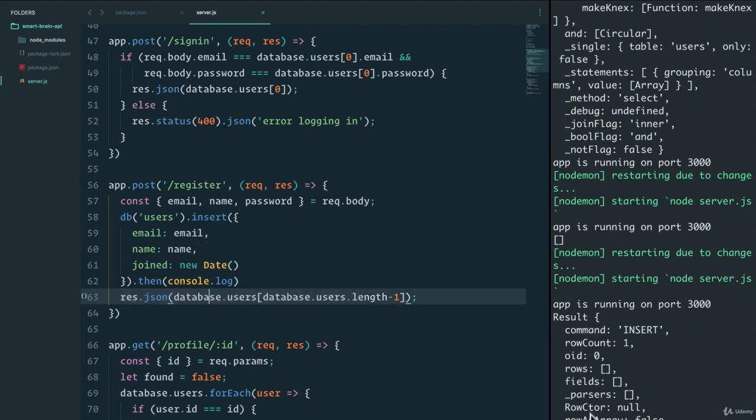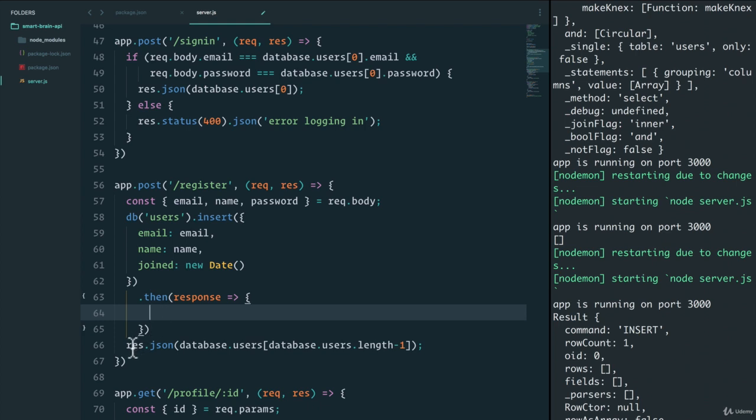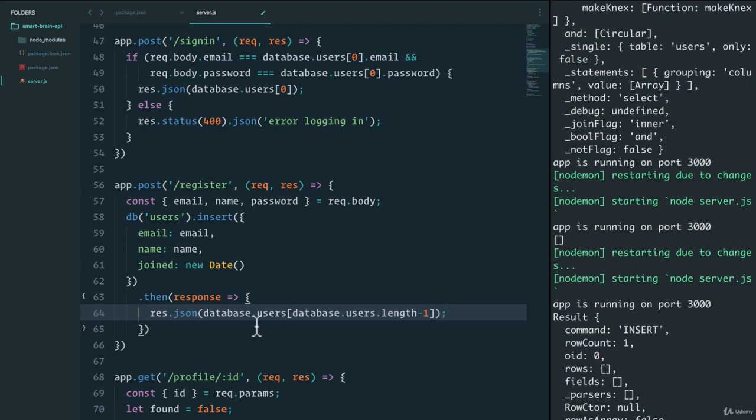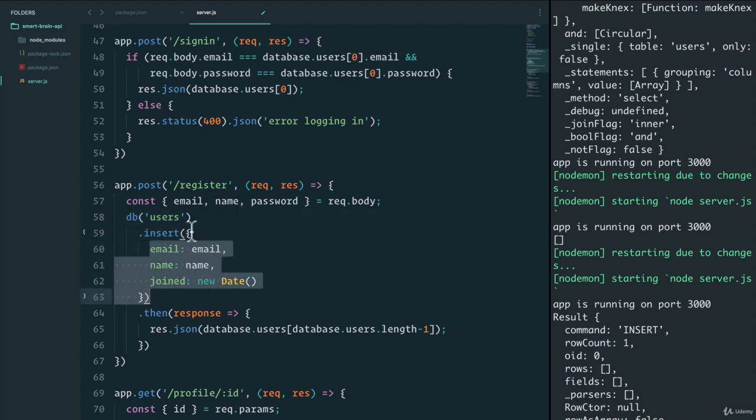Well, if this is success, in which case we want to do a .then, which we have here. If we get a response, in that case, we want to send a response.json, and this response.json will respond with, well, what should it respond with? Luckily for us, Knex, again, is built with this in mind and has a feature, or a method, that is called